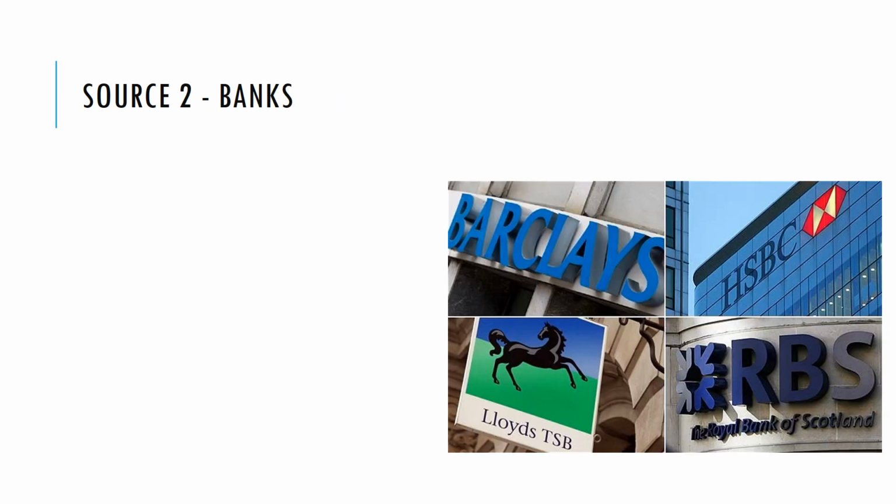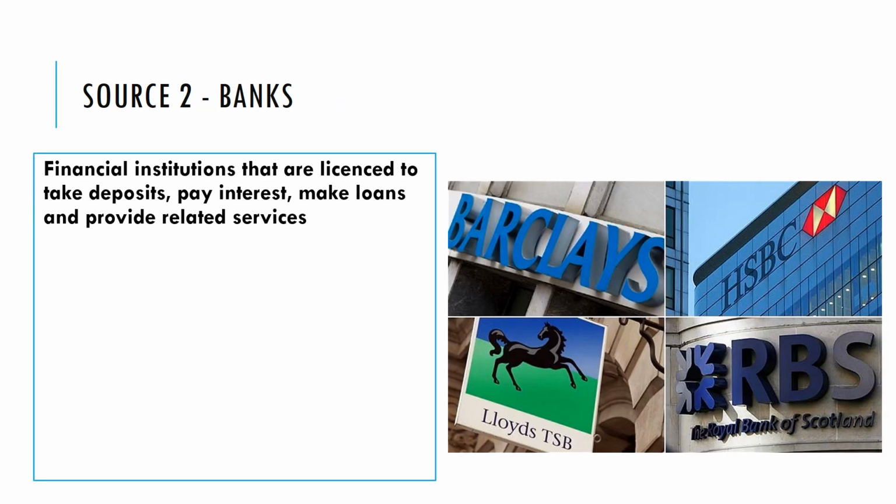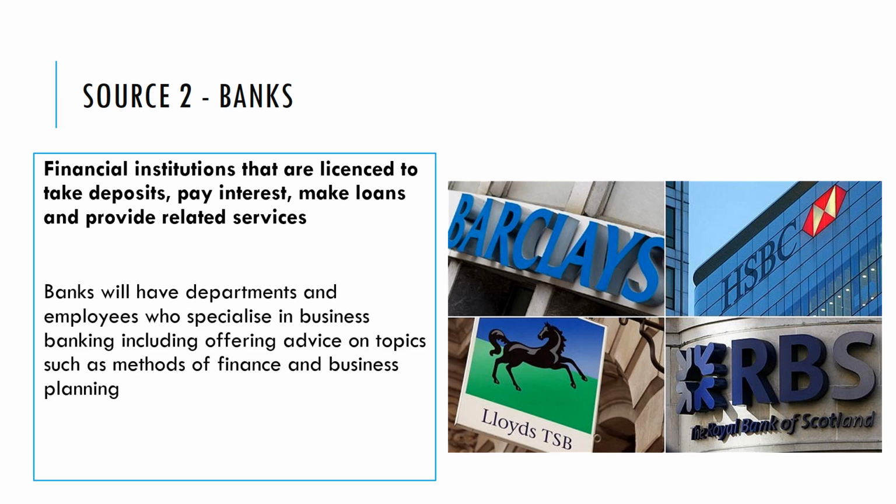Source 2 is banks. Banks are financial institutions that are licensed to take deposits, pay interest, make loans, and provide related services. And for each of these sources and methods, you should take down the definition that is in bold. Banks will often have departments and employees who specialize in giving businesses finance, and they also provide advice on things